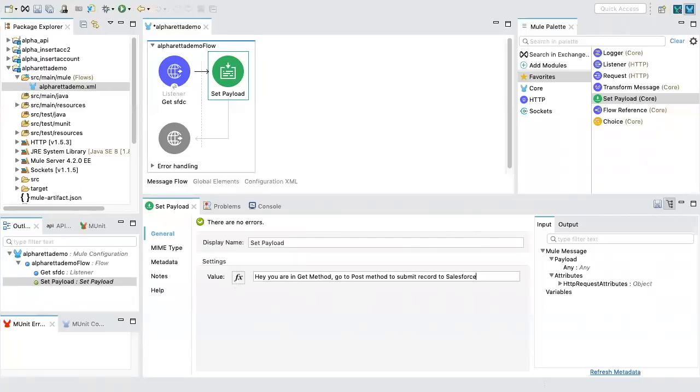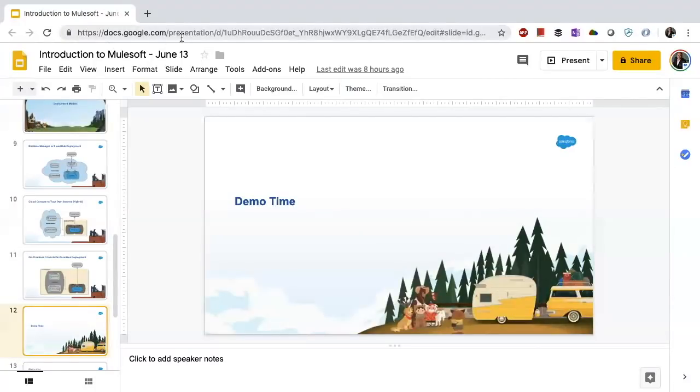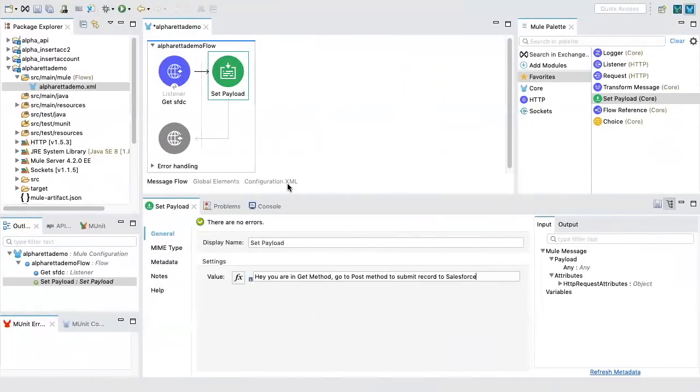So in the normal programming world, when you go to Facebook or Twitter, you write some URL, right? I'm going to write some URL here, like docs.google.com. This is a get request. But you can only write a URL. How can you post the data? If I want to insert something in Salesforce, I need to post the data. So if someone accidentally clicks this URL, they will be notified: hey, this URL is right, I am working fine, but I am not your method. I am the get method. Go to the post method. Okay, so we are going simple and slow.